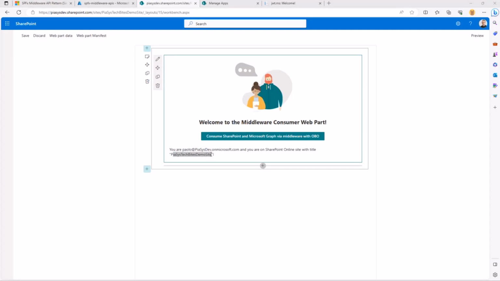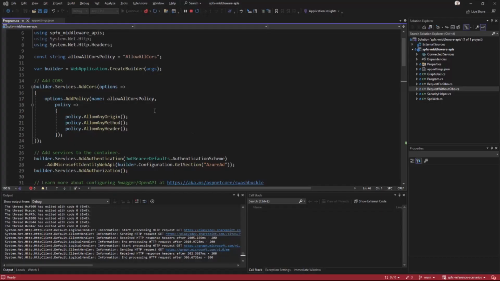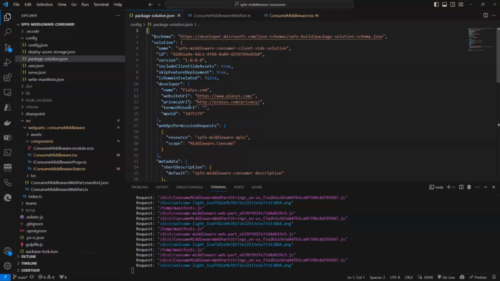How does it work? Well, in SharePoint Framework, sorry, wrong Visual Studio. In Visual Studio Code, I have my solution, and I have configured in the package-solution.json file that my SharePoint Framework solution requires being able to consume this API with this permission scope, the middleware.consume that we have just seen in the app in Entra ID.